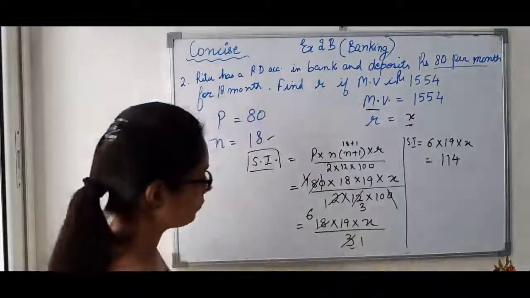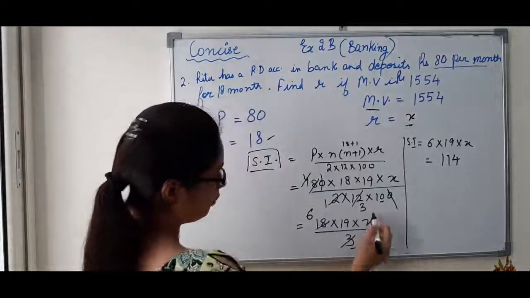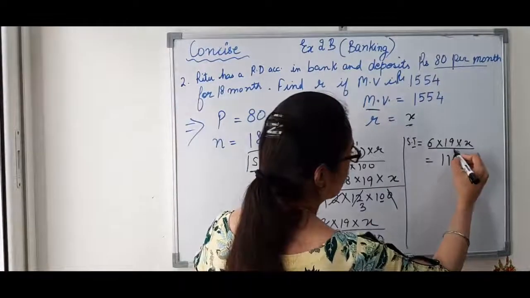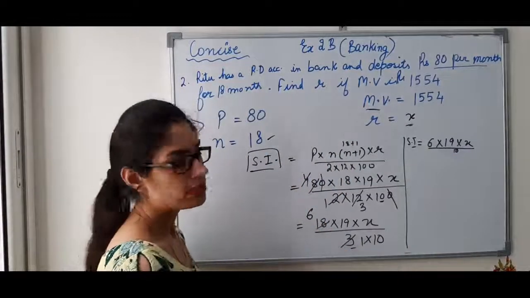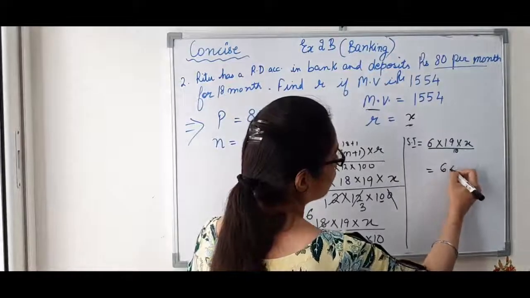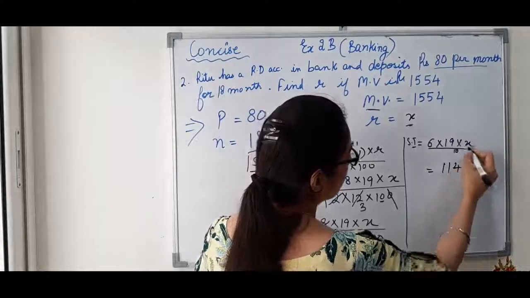114. So here I can see one after I have missed 10 also. 3 into 10 was there, which means 110 is here. Because with 3 I have already finished my cancellation, still I am left with 10 in my denominator. So now 6 into 19 is 114 into X